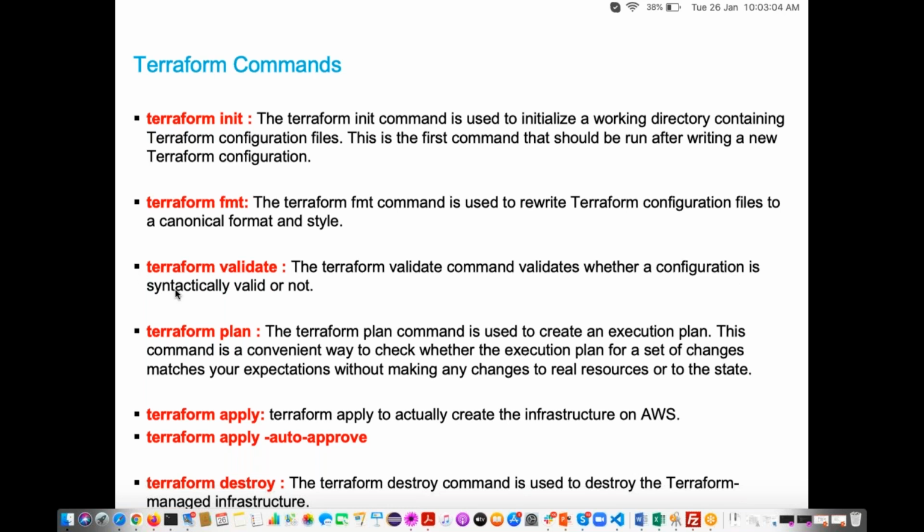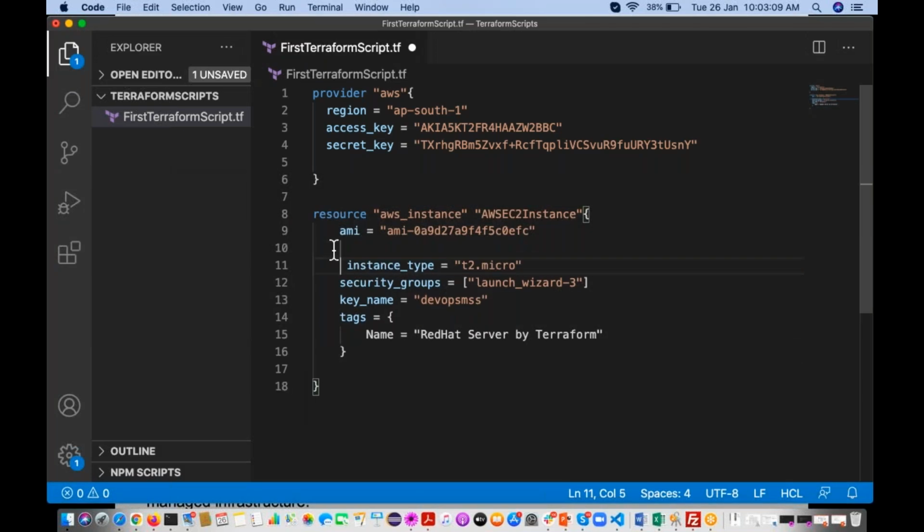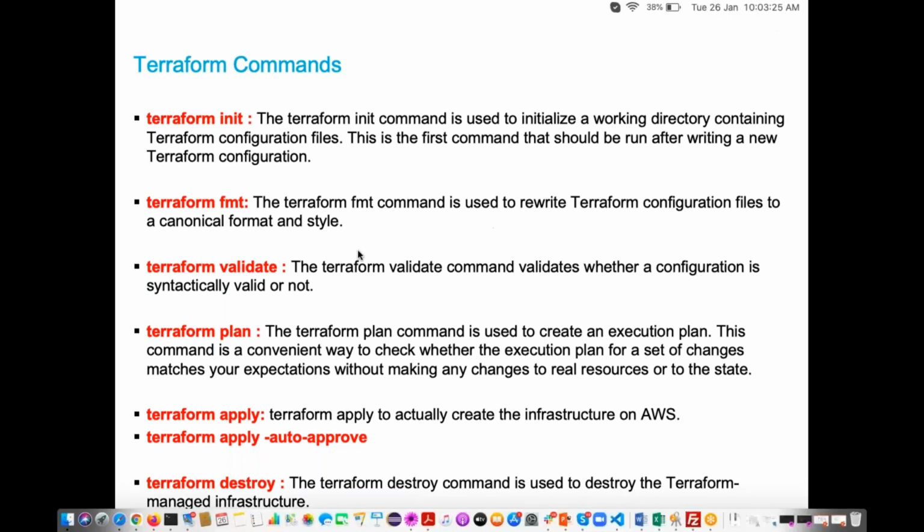Okay, suppose the indentation is not properly written, here and there you have written it differently, like this. Once you execute this terraform fmt command, it is going to rewrite your Terraform configuration files in a canonical format and style. The indentation it is going to maintain. Even if you don't write it properly, after executing this terraform fmt command, it is going to keep the indentation correct.